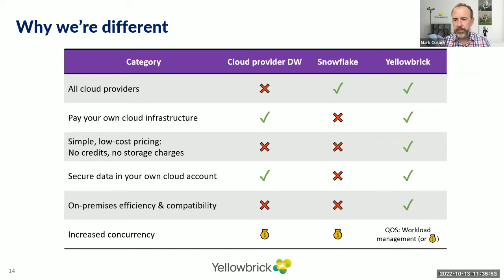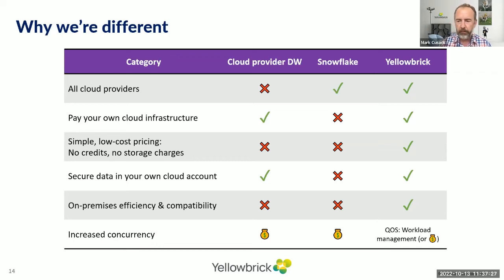As I mentioned, you secure your own data with Yellowbrick in your own cloud account. The Yellowbrick software stack is fully automated. It deploys using cloud-native services into your cloud account. Your data remains fully under your ownership. You don't hand it off to Snowflake to manage on your behalf. It remains fully under your control. And it's very important, as you'll see in some of the customer use cases we have, where there's a lot of sensitivity around the data. There's IP issues involved or privacy issues, and data ownership and governance and security is critical.